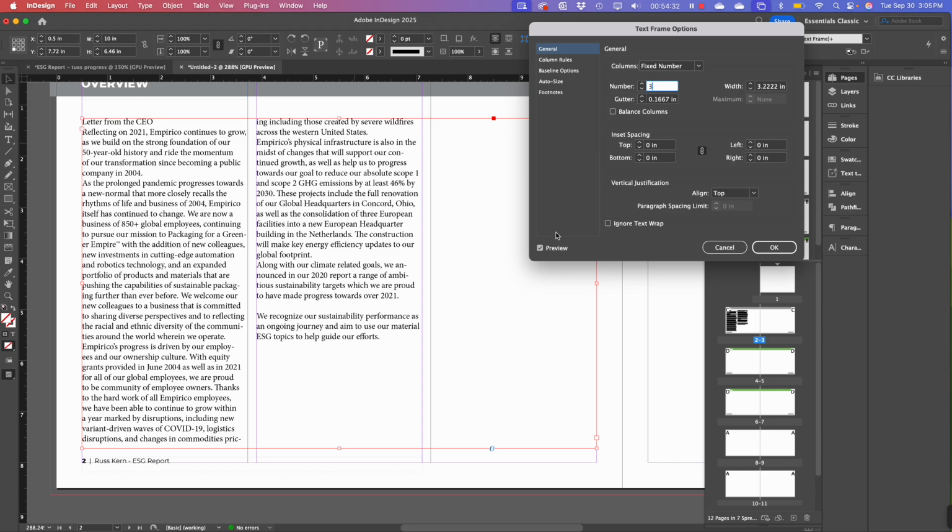This also sets me up and allows me to do some other stuff, but I'm putting all of my text within this frame. I've got my headline in here as well as my body copy. Again, something else that I can make a decision on. I could keep my headlines outside of my body text box. I could create a new text box to put my headlines in if I wanted to. Many people do. The difficulty with that is, especially in a long document,